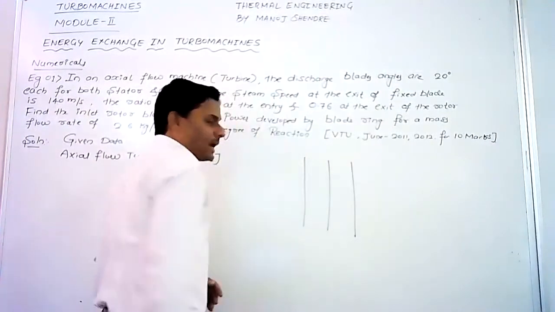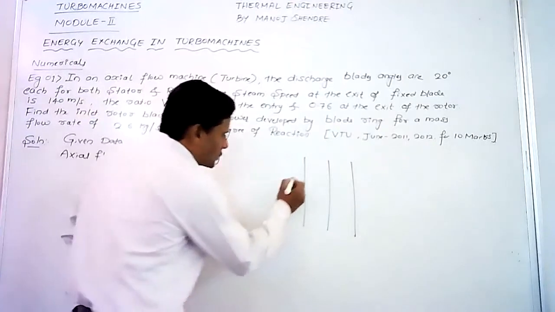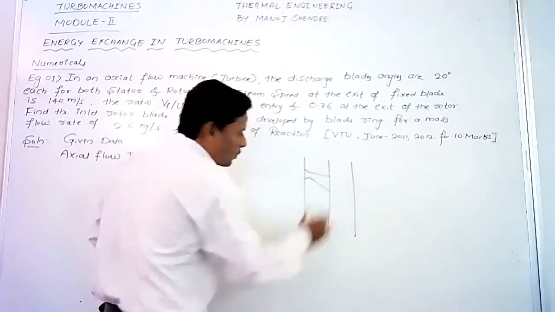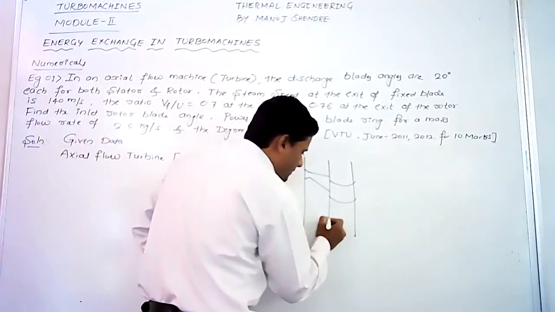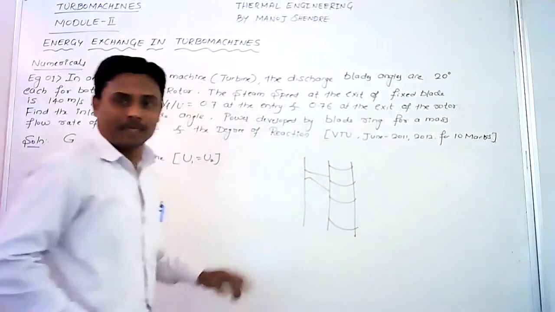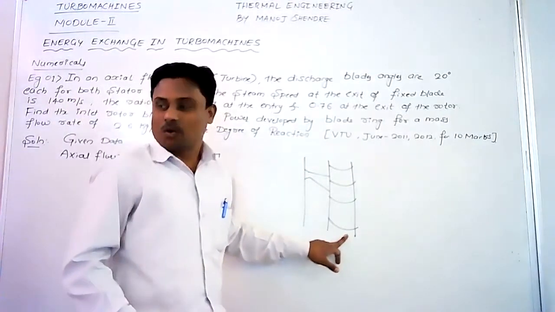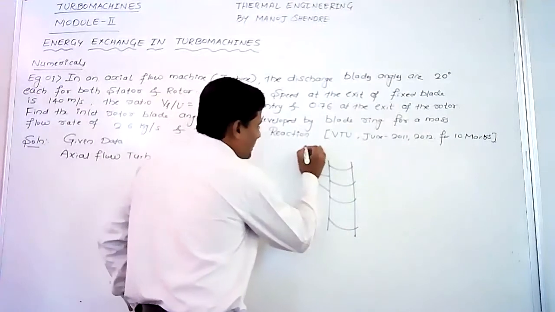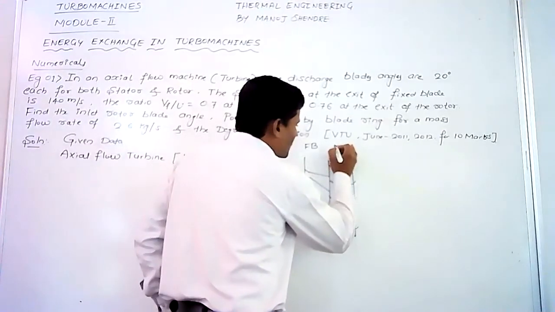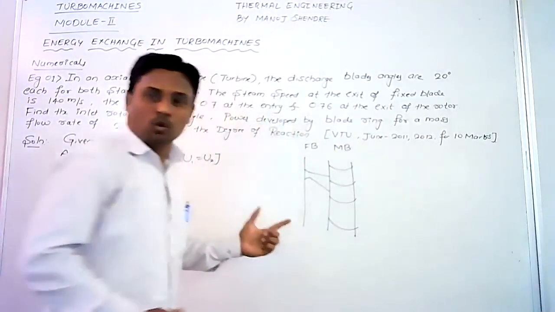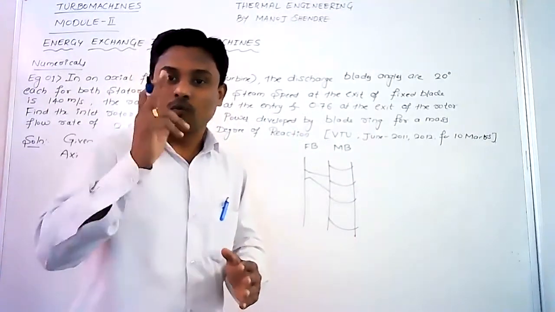in turbines, we have a set of moving blades and a set of fixed blades. Let us assume it as the nozzle. In the first row, we have the nozzle, and in the second row, we have the moving blades. This is the fixed blade, which is also known as stator or nozzle, and the second one is the set of moving blades. Let me write it as fixed blade, FB. FB stands for fixed blade. Next row is moving blade. These two rows together constitute one stage.